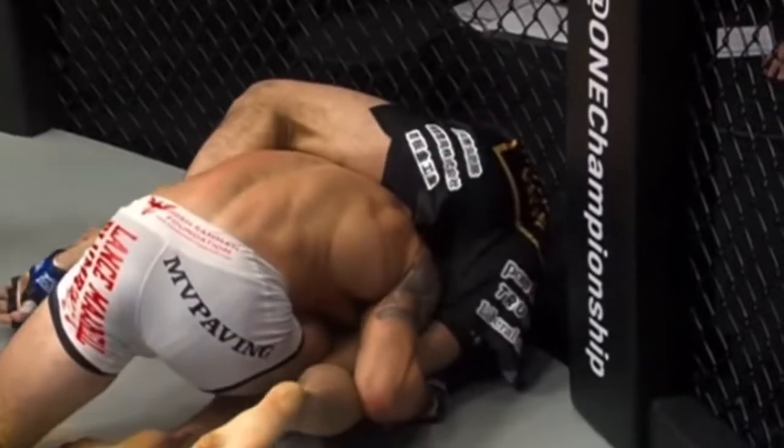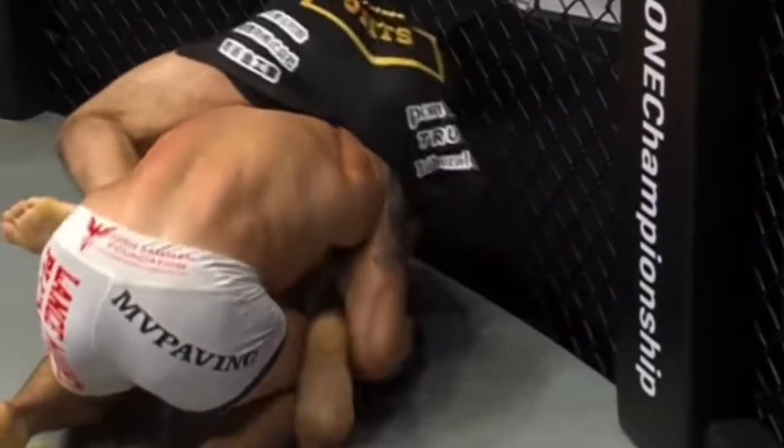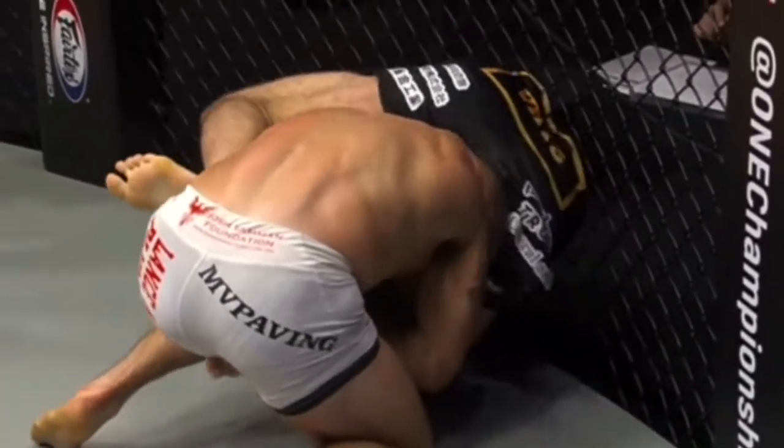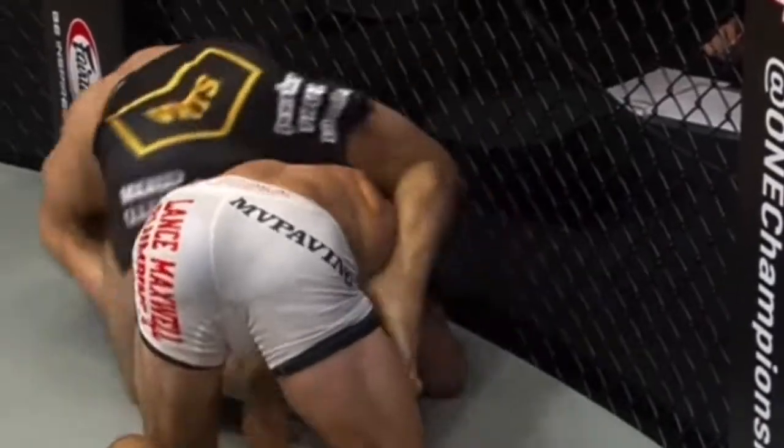Man, it's like being caught in a fishing net. The more you struggle, the more you get tangled up. You just slowly start to drown, and that's what's happening here. Troy Worthen's got to get active. He's got to get that space. He might be able to pop out the back door here, work his way back up to his feet, but